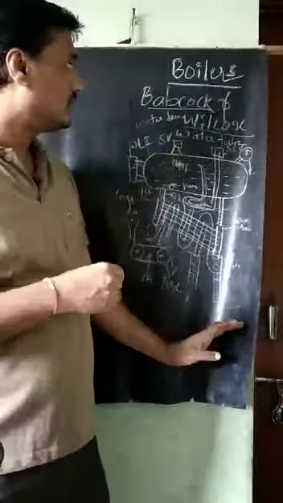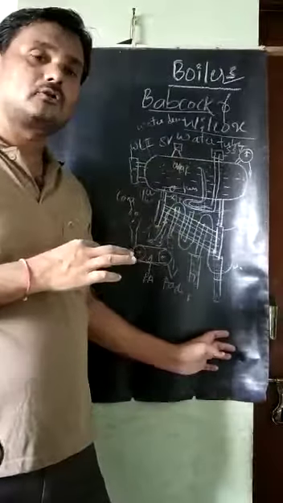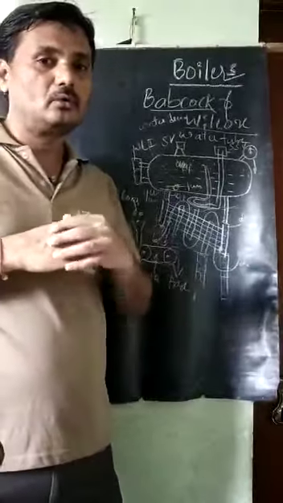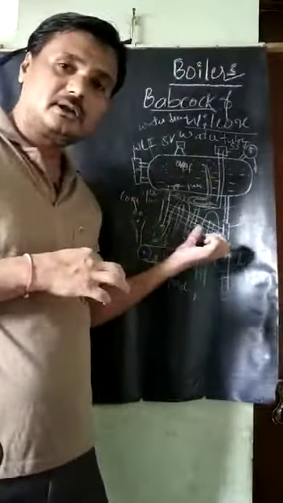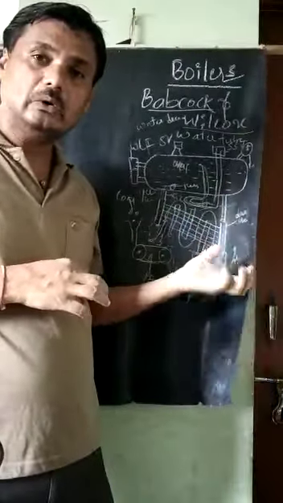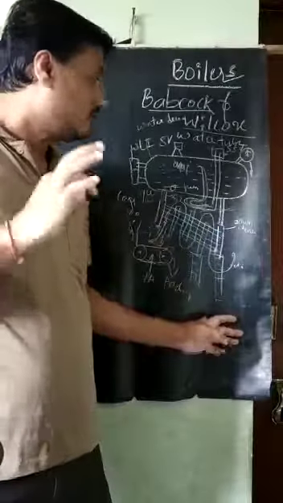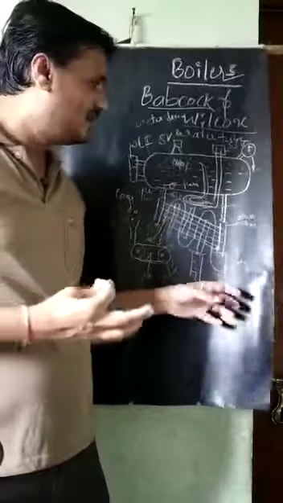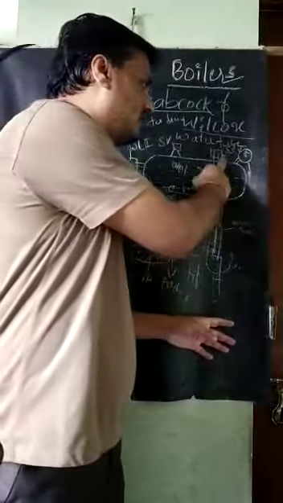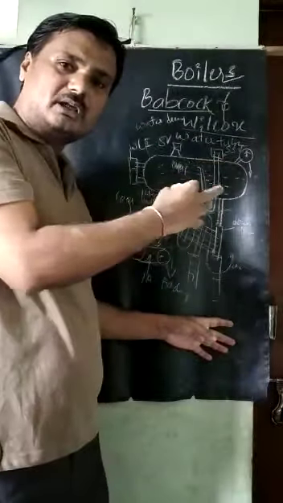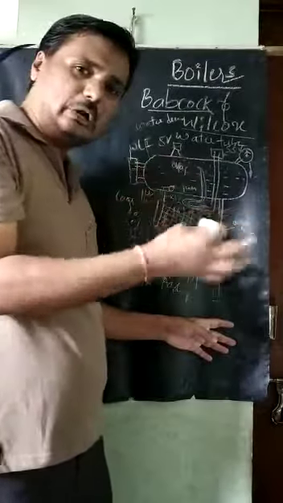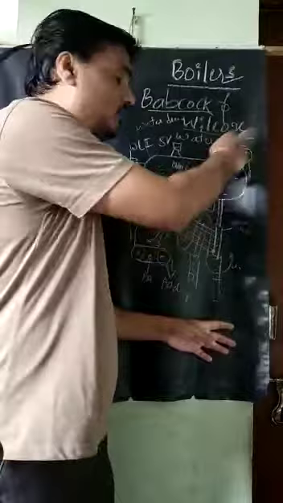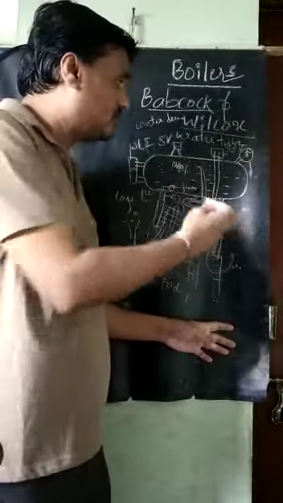So this is about the Babcock and Wilcox boiler. This is a water tube boiler, and here we have not only studied how it is constructed and how it functions, we have also studied some boiler mountings. What are the boiler mountings? These are the boiler mountings. One is the steam stop valve. Through that we are taking the superheated steam. Here we can control the superheated steam supply to the turbine. From here it goes to the turbine for power generation.